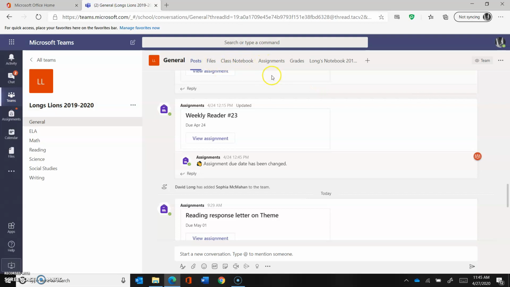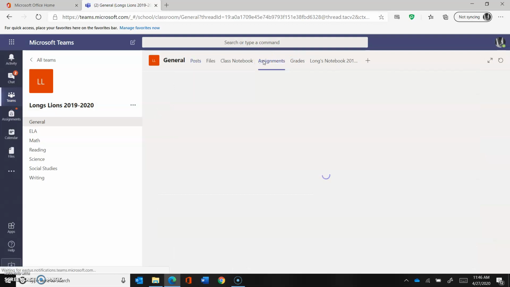Now, the different tabs. You have a file tab. There's a class notebook here. That is not the class notebook we're using, but you'll look over here. There is our class notebook. Then you have the assignments, and then you have the grades. On the assignment page,